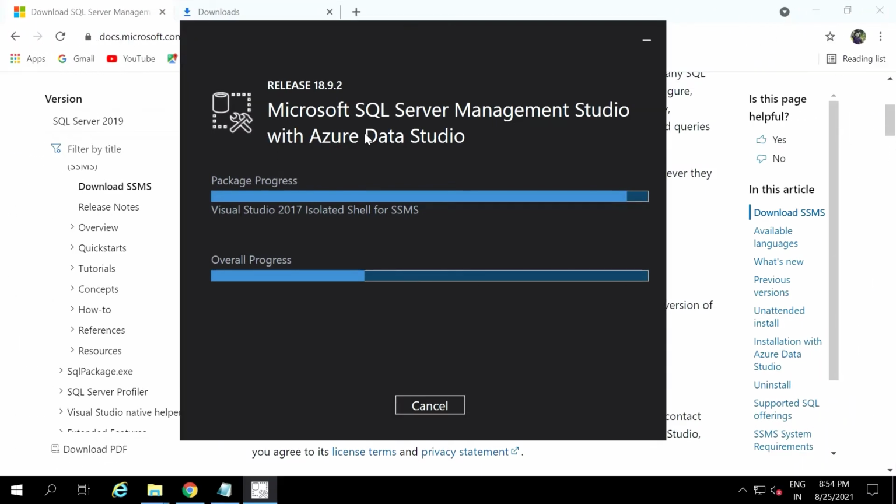Next, let's see what operation you have to do after this installation. Yeah, it's coming to an end. Packages are installed.